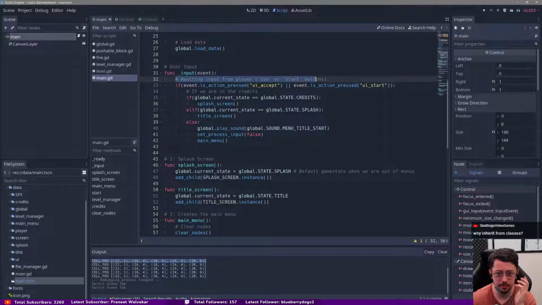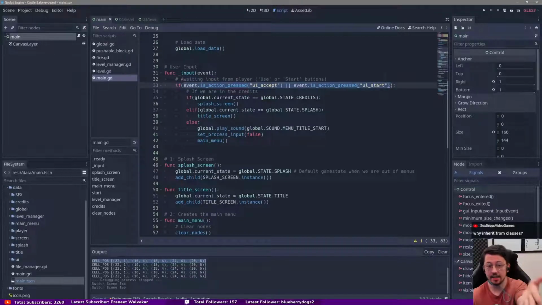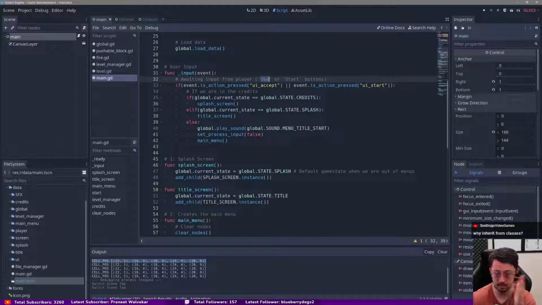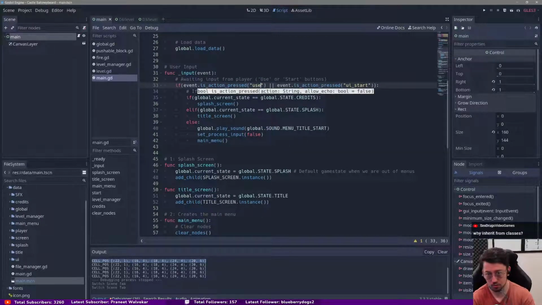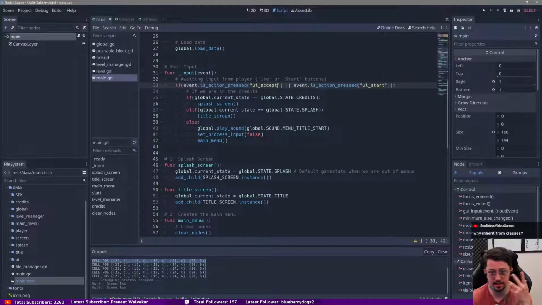Awaiting input from player, use or start buttons. What is this? That's what this says right here. It takes one second to read this. Okay, I press accept. Okay, I press start. Now, accept and use is not the same name. I agree, this can be improved by changing the action name to use, or action use, or something like that. But still, this is redundant